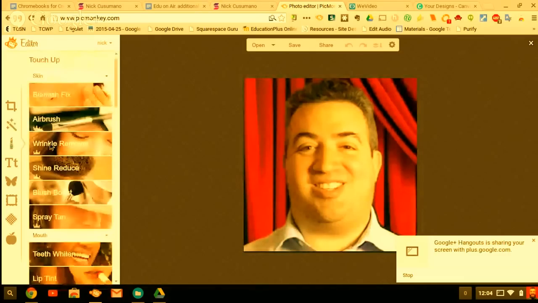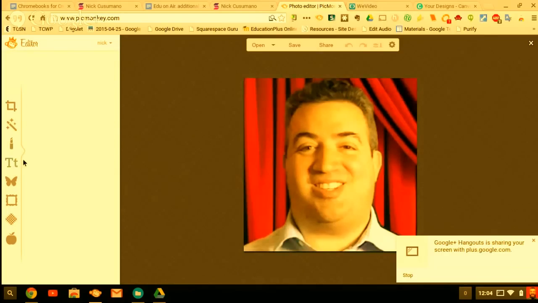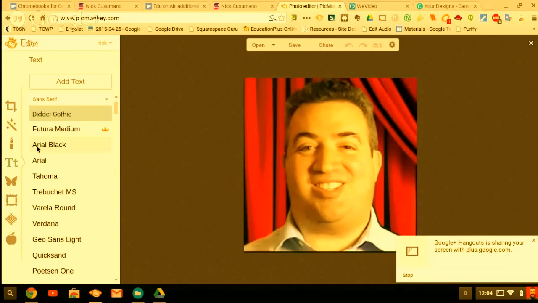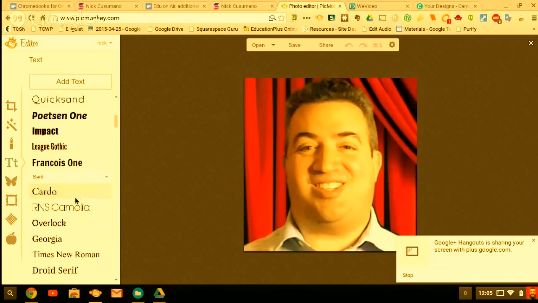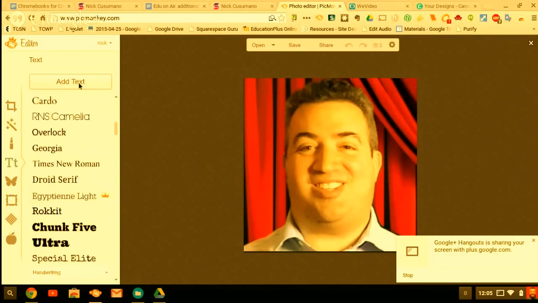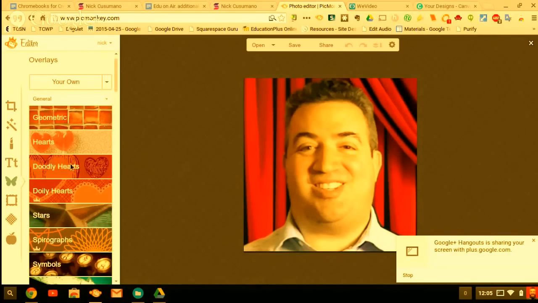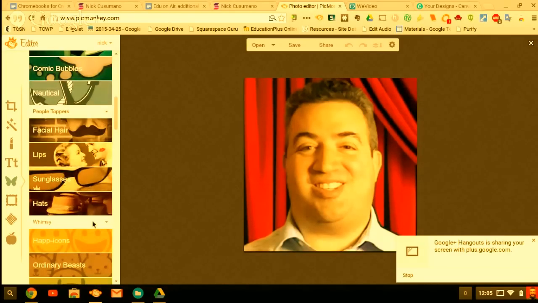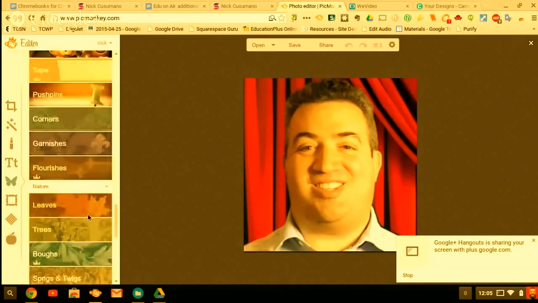They have their touch-up, so you can always fix a blemish or remove red eye. I can give myself a beard digitally instead of virtually. What I also really like is under their text features, you have all of these different built-in fonts, and you can upload your own fonts too. What works really well with students is the overlays. So if I go over here to the left-hand side,